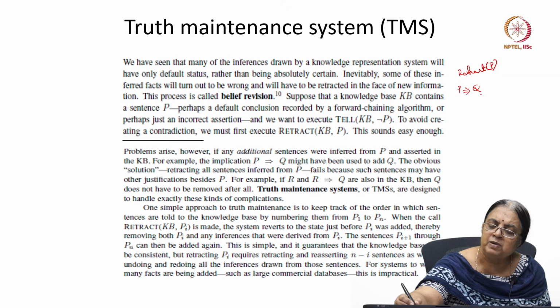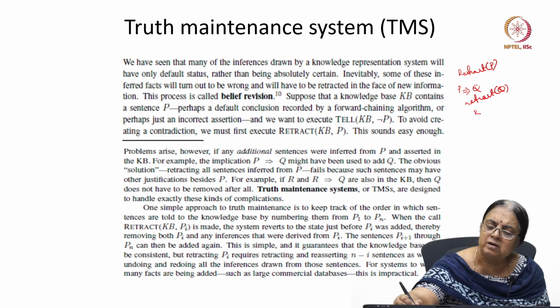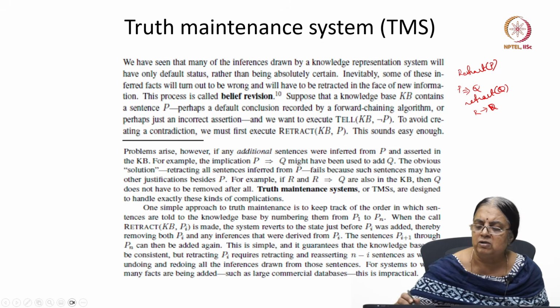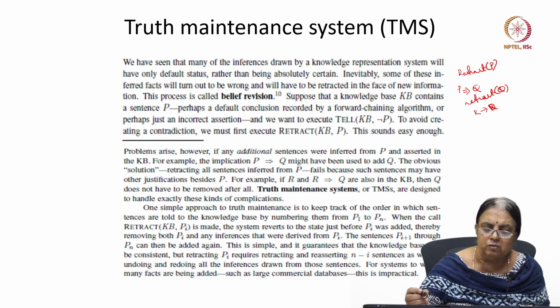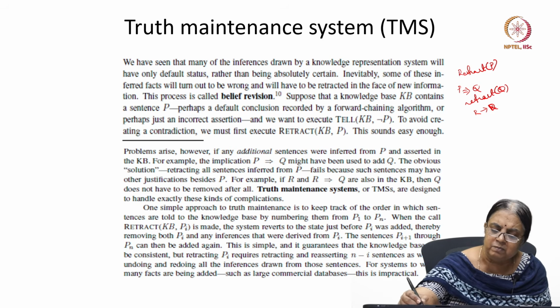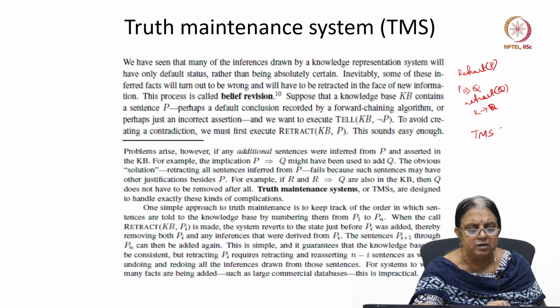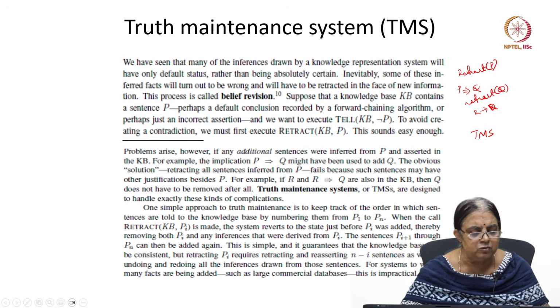So if you have P implies Q, then you need to retract Q also, right? But if you also have something like R implies Q, then even though P is retracted, you will not be retracting Q. So one truth maintenance system here, the simplest one, what it does is that suppose you retract Pi,